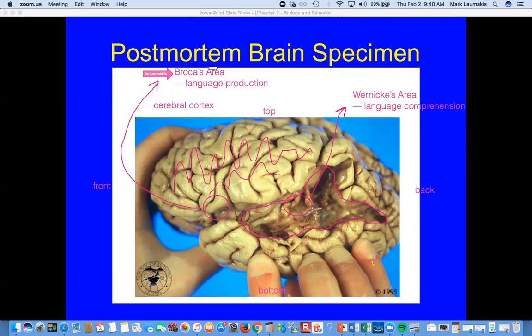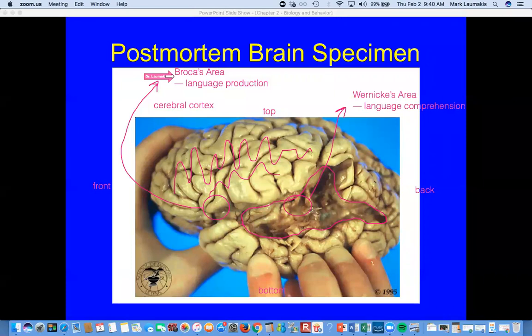Because in producing speech, you're moving things. You're moving your mouth and your lips and your tongue and your vocal cords. And it turns out, as we're going to learn this morning, right next to Broca's area, on the back side of this frontal part of the cortex, you've got a strip there that's involved with helping you do movement. Well, that kind of fits, right? It fits in that doing language production is really on some level minimally about movement. We're moving some things around to produce the speech.